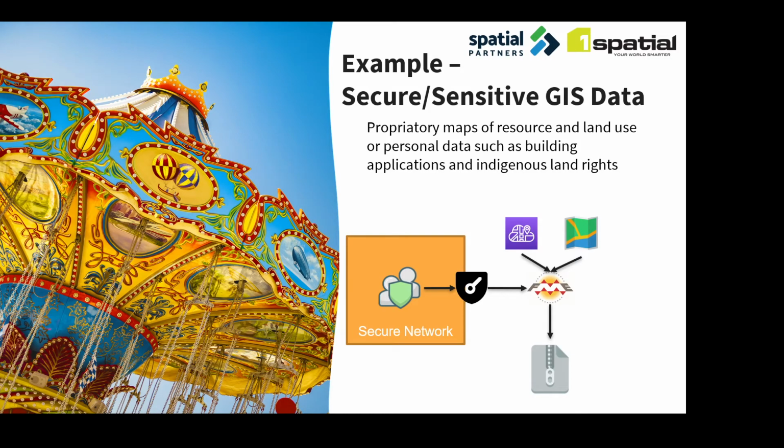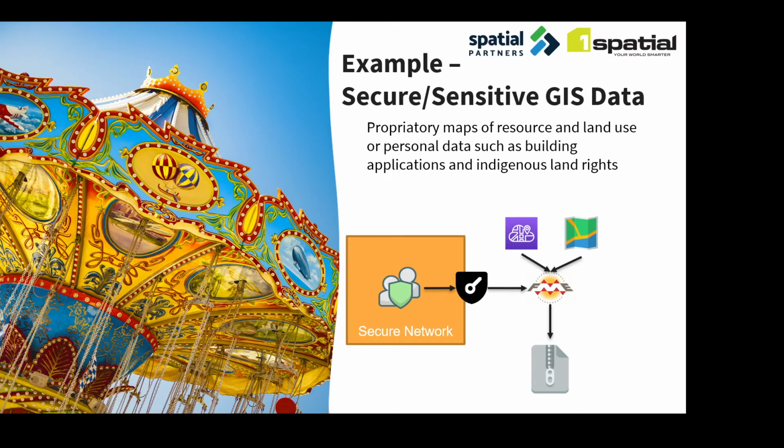So another example where we didn't quite need to use this, because we found a way around by modifying the underlying infrastructure, was that there are certain cases that we have encountered where some of the GIS data that's being stored by an organization either has commercial sensitivity or represents something like personal data that needs to be kept very secure and private. And so while we managed to get around this, we were tasked with combining some of this data with other data from services that required a cloud connection to produce a payload. And so this could have been